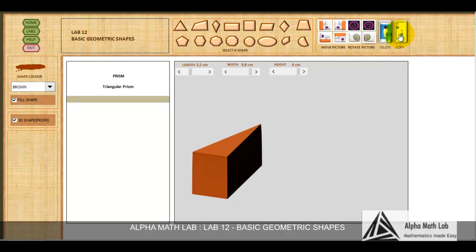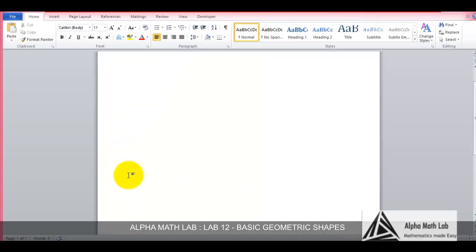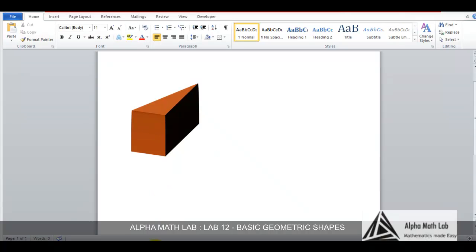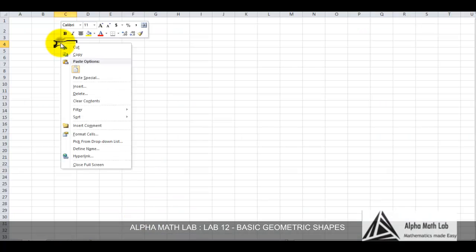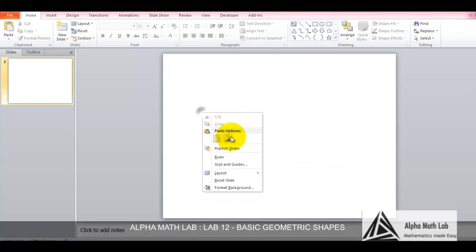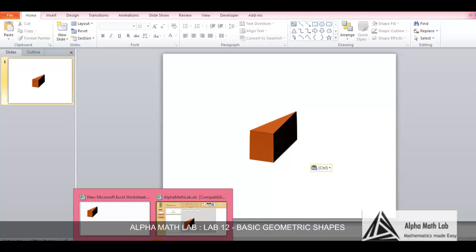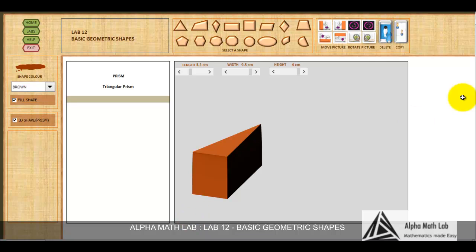Use this control to copy the diagram and paste it on another document. Back to the lab. Now let us